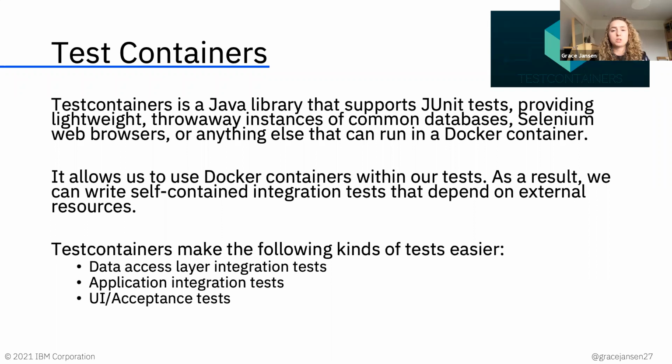So it really helps you to have this dev/prod parity as described in the 12-factor application manifesto. Essentially, you're trying to make your testing environment as close to production as possible so that you limit the changes between them, so that you can get as accurate testing as possible and you're not surprised by any bugs when it actually goes into production. So this utilizes Docker containers, part of that underlying infrastructure, within our tests.